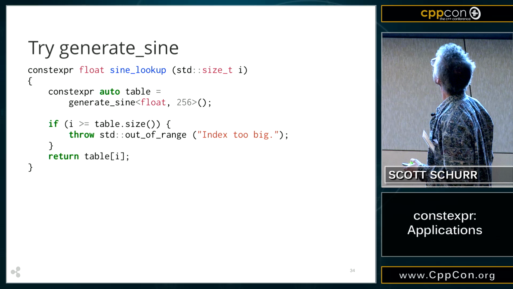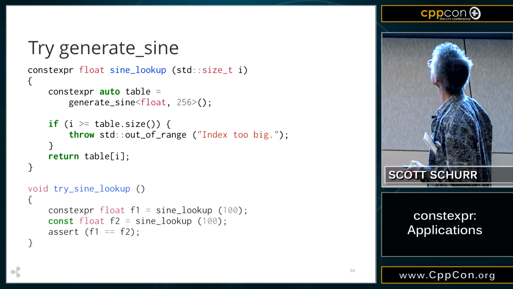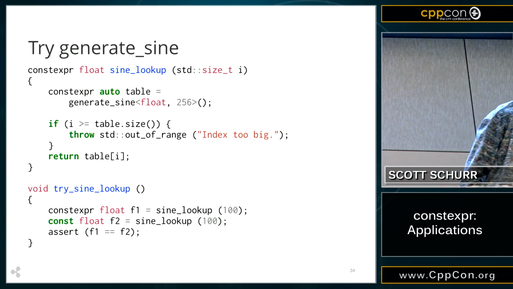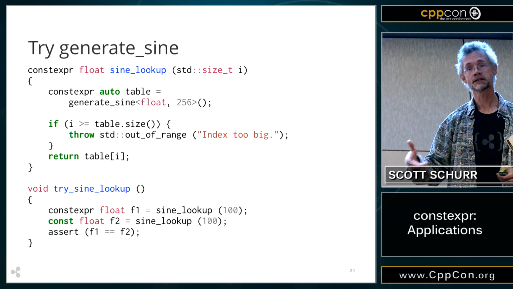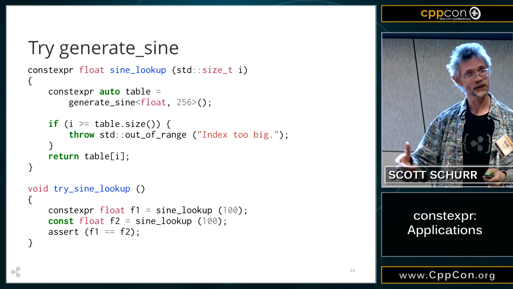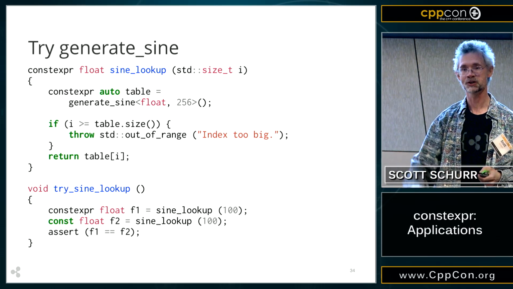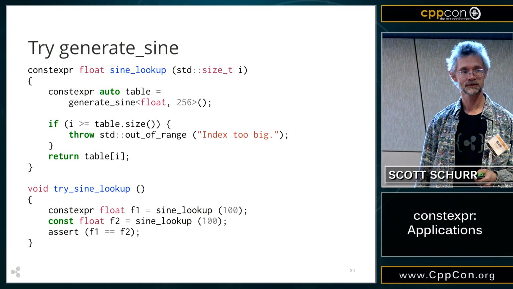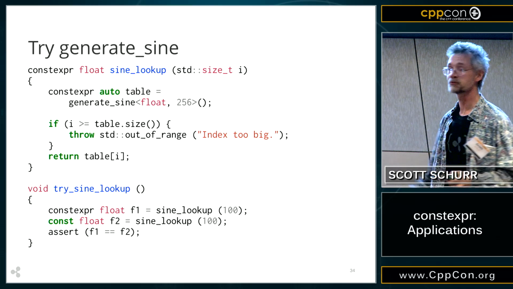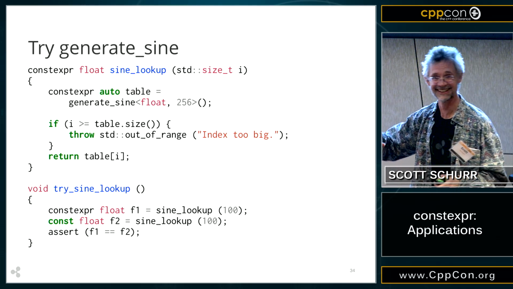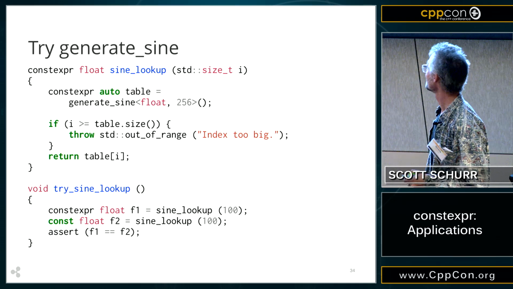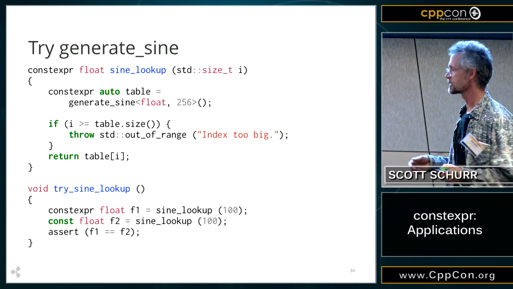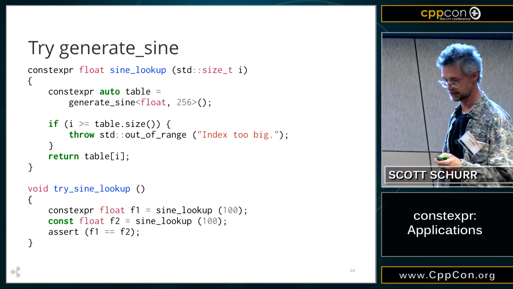So let's see, we've seen all this stuff, and this is where we're going to try it. So now we have a compile-time sine table generated by a function that computes our sine wave. As long as that function works right, we always get the right answer for floating point. So at the bottom, you're just trying to do one at runtime, one at compile time? Yeah. This is kind of a toy, but you want to exercise it a little bit.